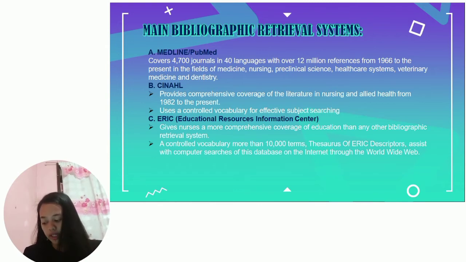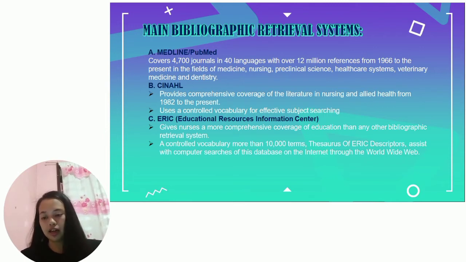So, Medline is a global manufacturer and distributor of essential medical supplies including sterile surgical packs. So, itong Medline na ito, sila yung nagpo-provide ng mga products sa ating mga hospitals na ginagamit sa mga pasyente. Hindi lamang mga pasyente, pati na rin ng mga healthcare professionals, tulad na lamang ng mga surgical gloves,